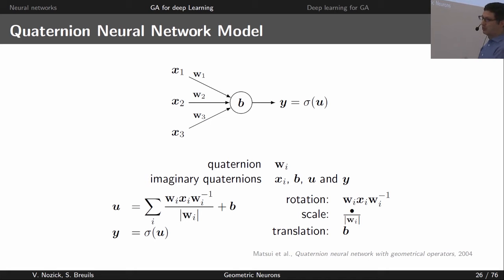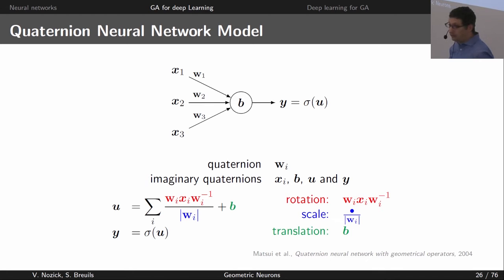So what we also want, usually we like when the output is homogeneous to the input. So we also want the output to be an imaginary Quaternion. So here the weight would be Quaternions. And so here, this is one possibility about how to use Quaternion in deep learning. So here, I have the propagation function over there, and let's try to understand it.